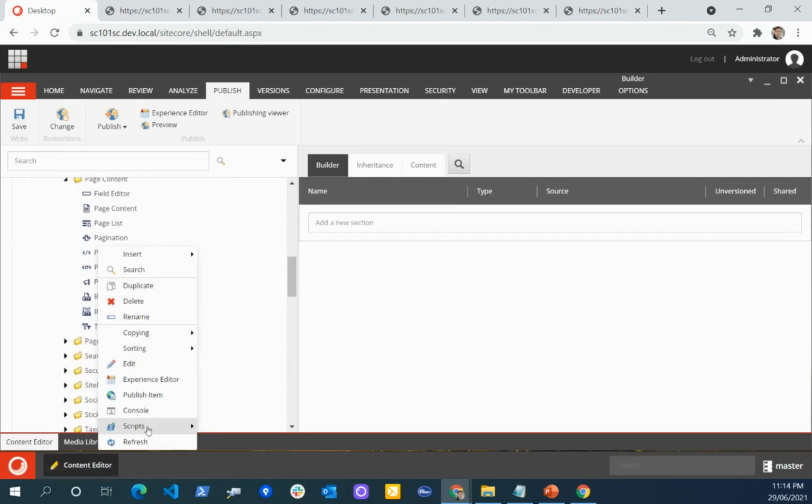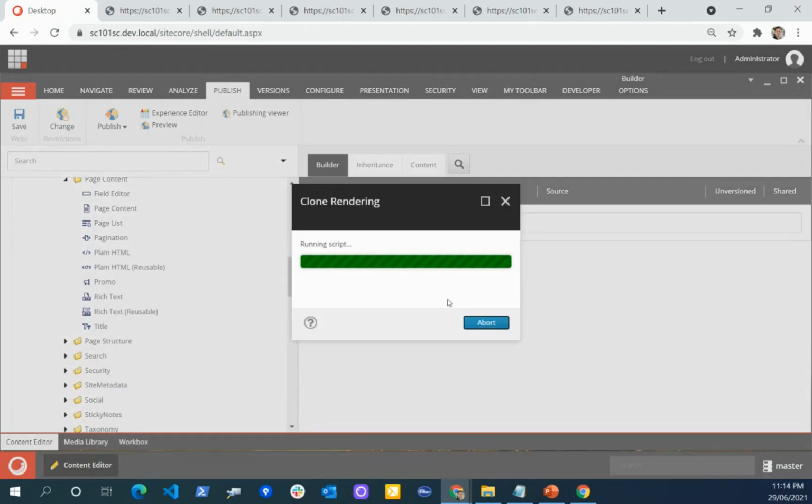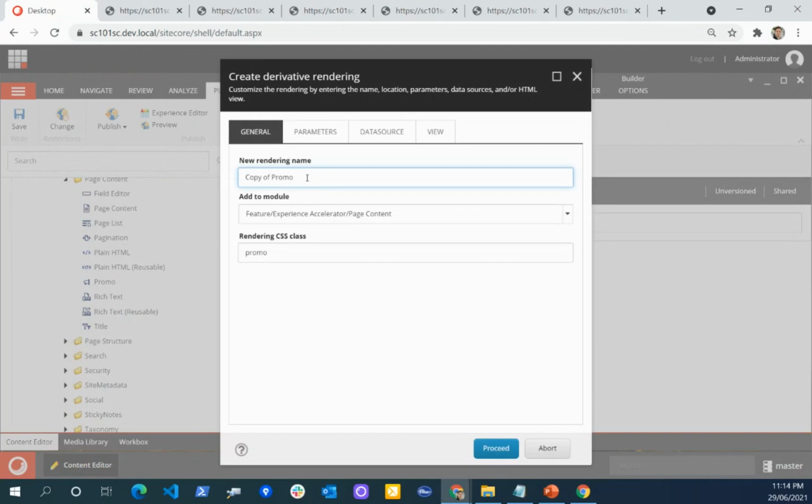So I can script, so clone the rendering. When I do the clone rendering, it will ask me for the name of your clone rendering. Then I can just say test.